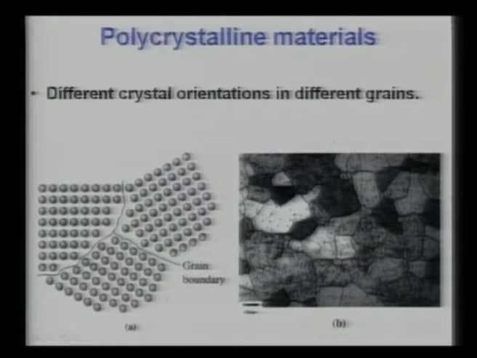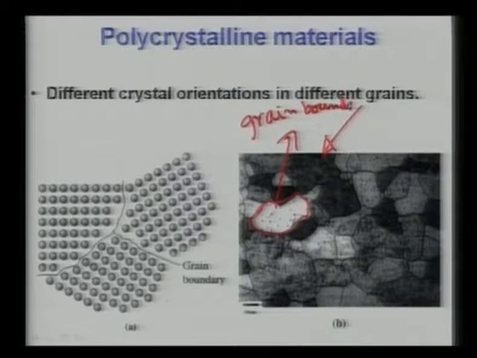Now this is the typical microstructure that one can observe for typical polycrystalline materials. In this microstructure, you can see individual areas which are demarcated from other areas by some boundary. This boundary is called grain boundary, and the microstructural region enclosed by the grain boundary is called grain. Now the left hand side image tells you that inside the grain, so this is your grain boundary,